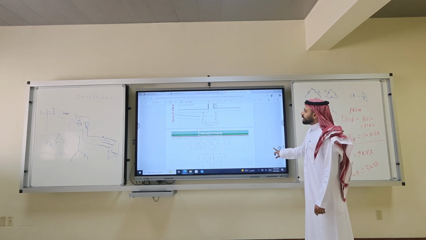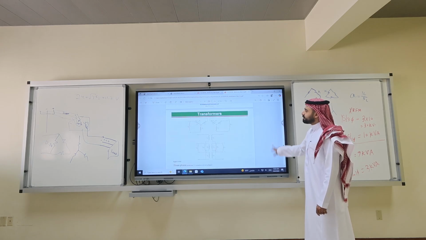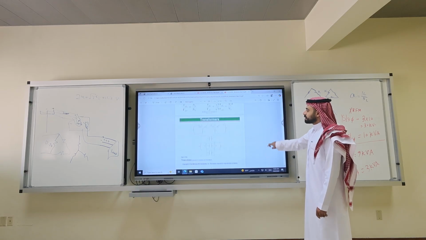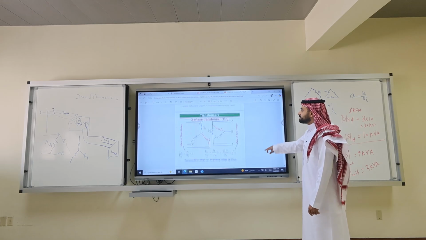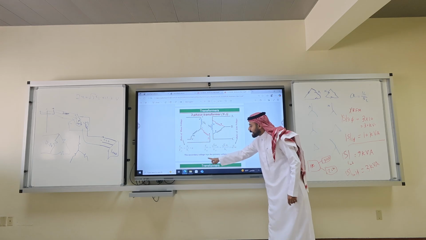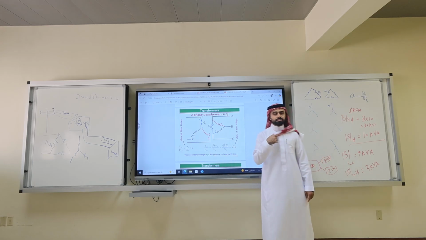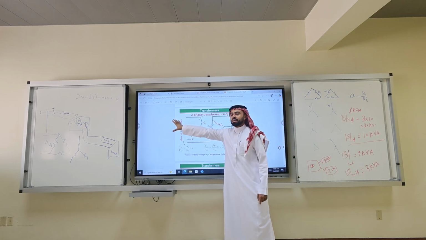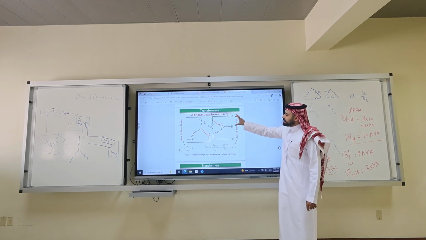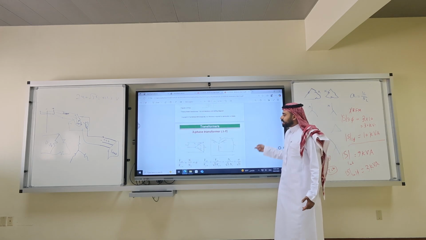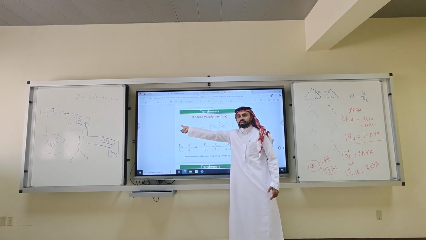If I have Y to Y or delta to delta, I don't have phase angles. Go to the slides. Here nothing talks about phase angle. But if I have Y to delta, the secondary voltage lags the primary voltage by 30 degrees. What does that mean? It means if I have here voltage of 0 degrees, the voltage here AB will be something at 30 degrees. If I have delta to Y, if I have a voltage here to be at 0 degrees, the